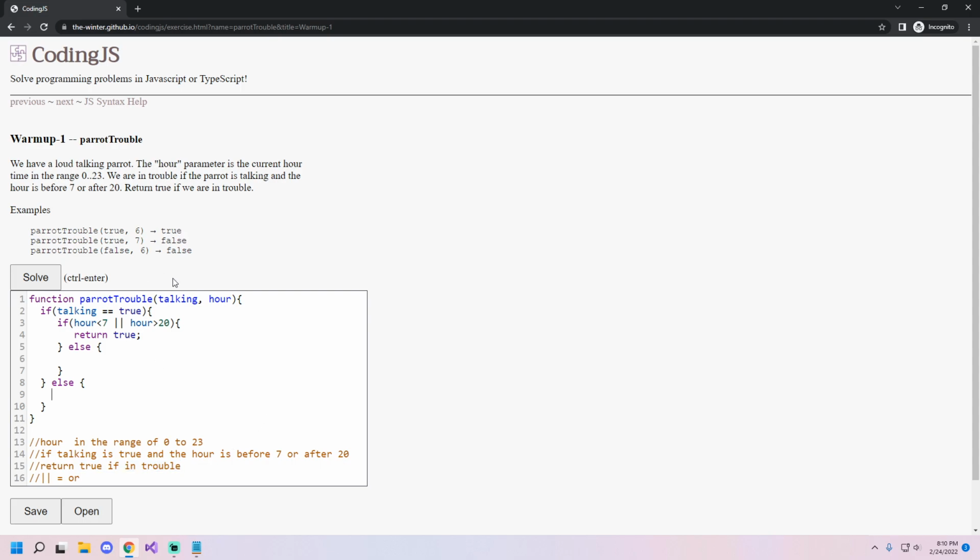So we could also try this out with a sample like this. The sample right here, true and then 6, we want to return true. So let's think this through. In this case, talking is true, so we'll get past this statement. We won't go here in this part,